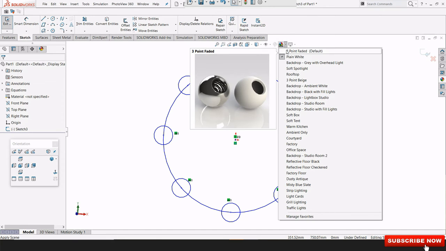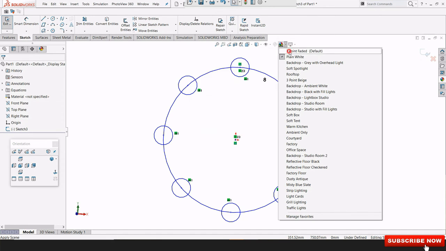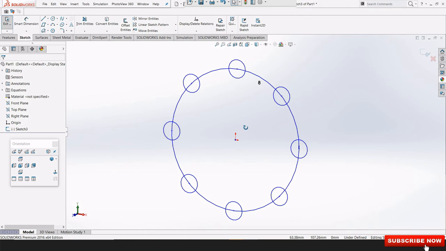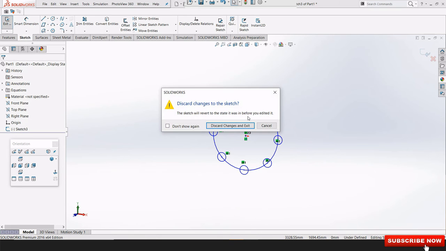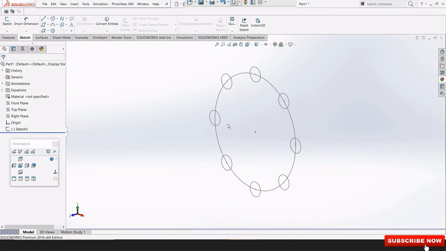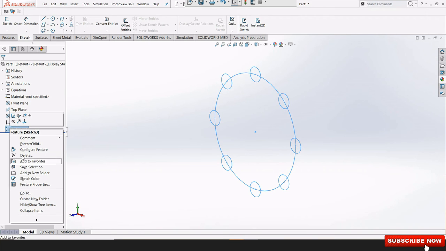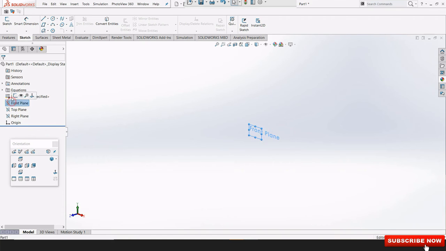Then I simply work on this one and this one. This looks professional. Then we have real view graphics and shadows in shaded mode, and different orientations. So I will show you how it is shown by choosing this one. Let's see. I'm deleting this one.